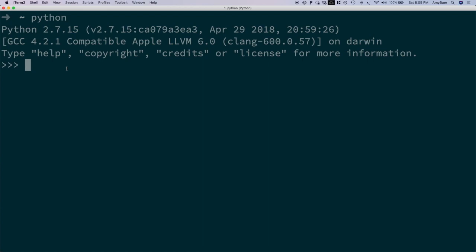So if you're confused, don't worry about it. Just type Python and enter and you can follow along with me, or you can just watch. Okay, so the first thing you need to do to access your database is essentially get something that points at